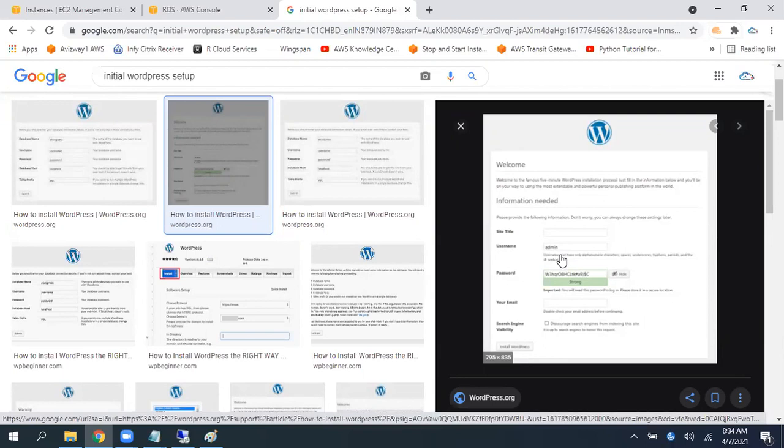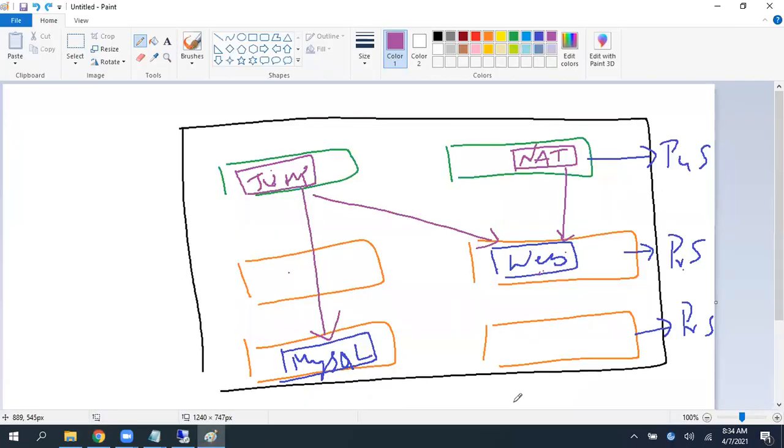This is the WordPress admin username, WordPress admin password, and your email address. Then install WordPress. It will take a couple of minutes, then it is going to ask you to log in. So then you should get that web page. Whatever the web server you're getting here, that web server, if you want to